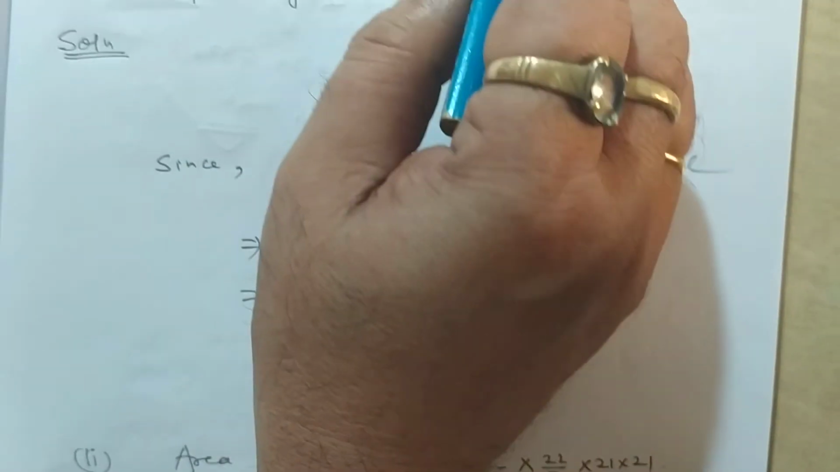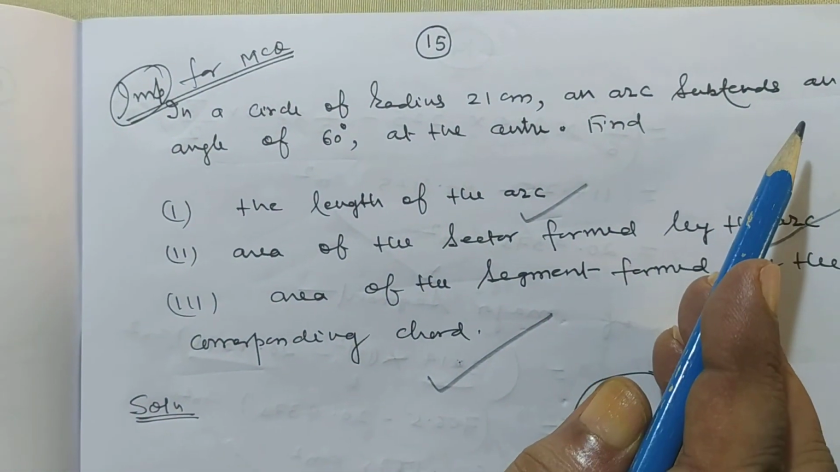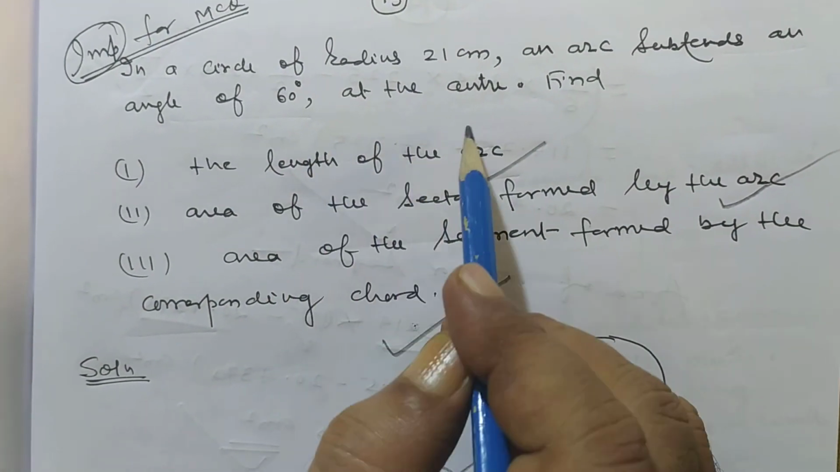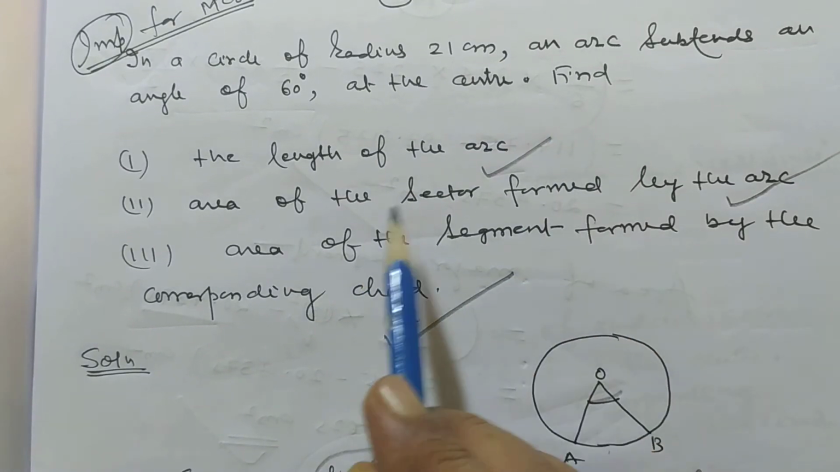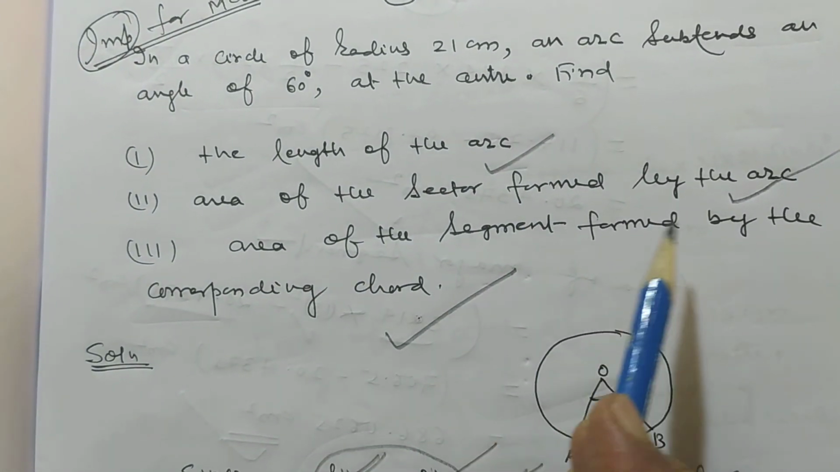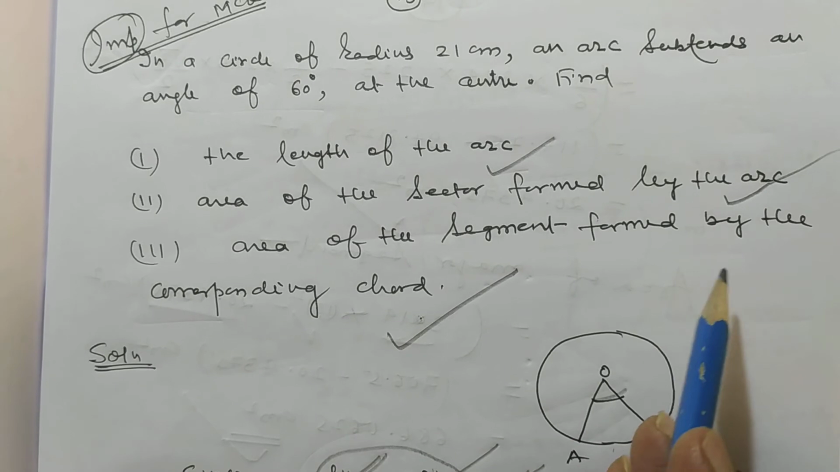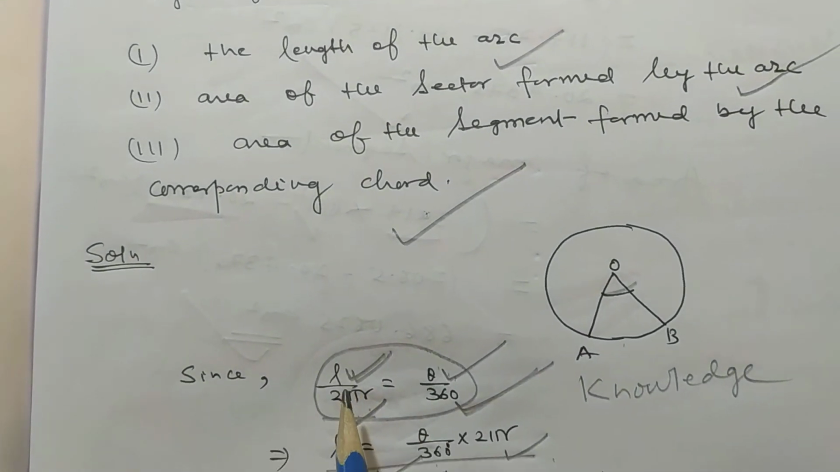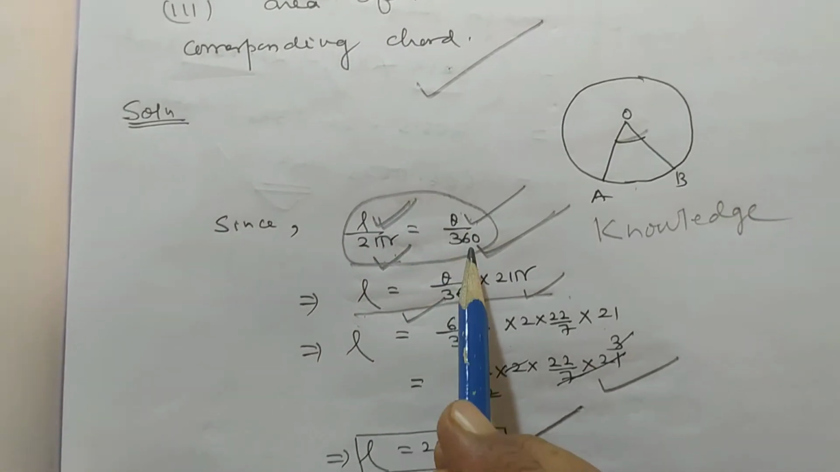In a circle of radius 21 centimeter, an arc subtends an angle of 60 degree at the center. Find the length of the arc, area of the sector formed by the arc, area of the segment formed by the corresponding chord. So my dear student, we know that L by 2 pi r is equal to theta by